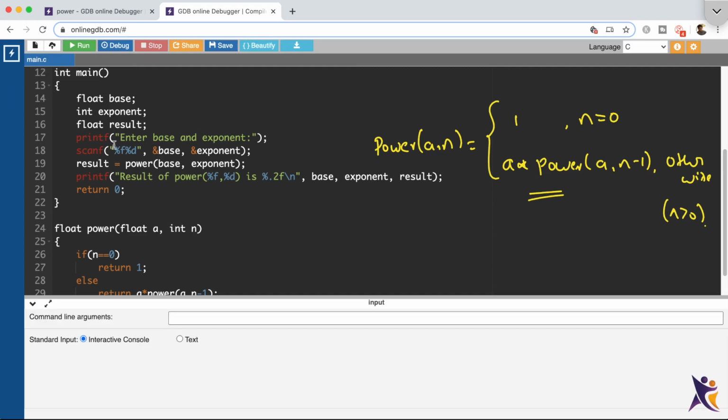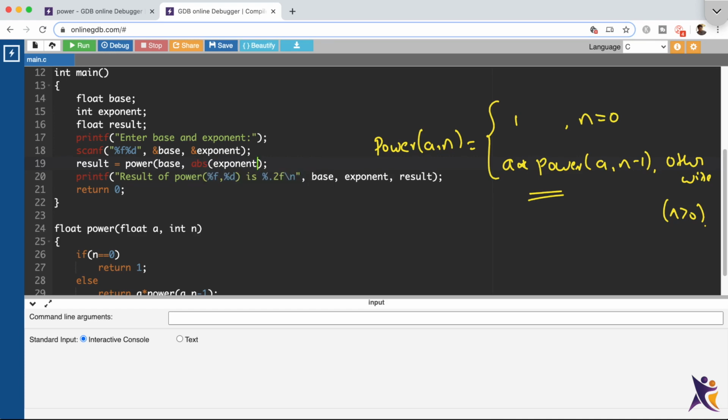Now if you observe, this program is not capable of handling negative exponents. If you observe, in the recurrence relation, there is no condition when n is less than 0, that is exponent is less than 0. So to accommodate that, we can have something like this.